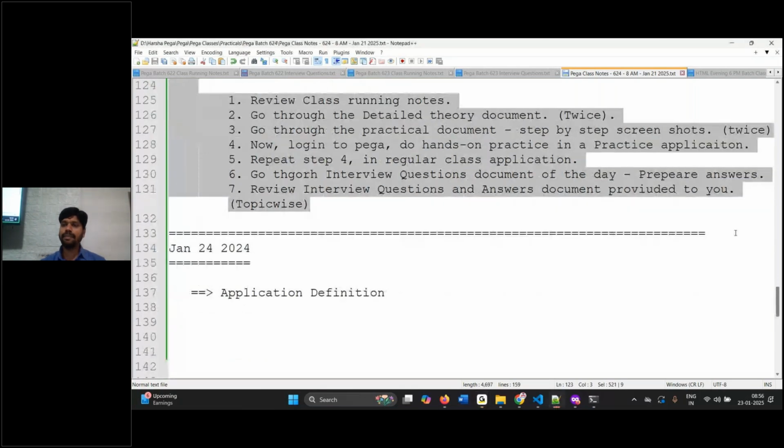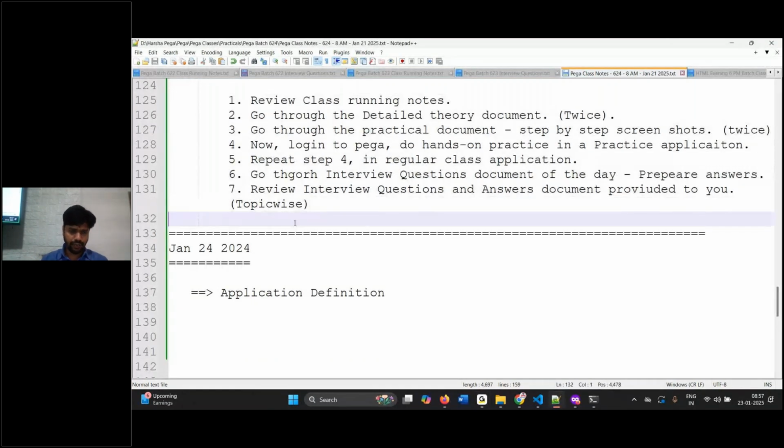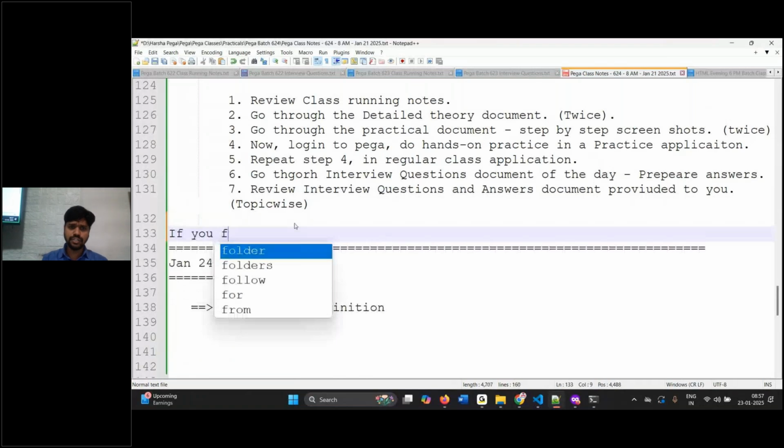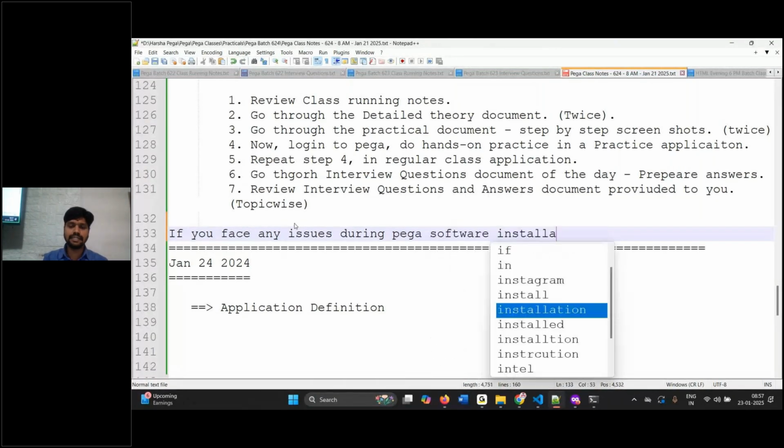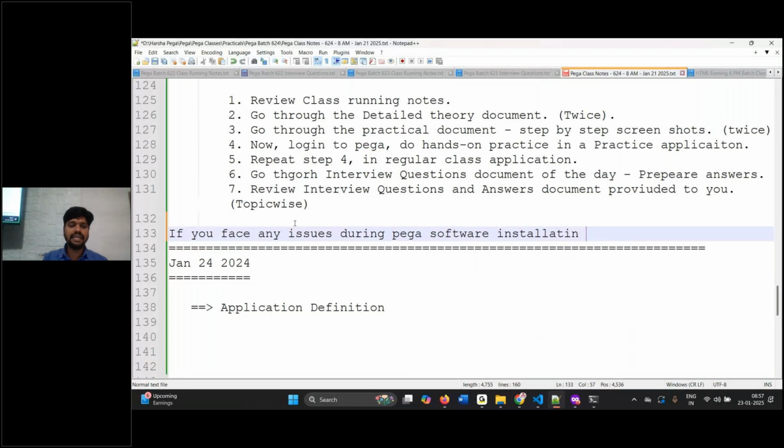While we install PEGA, I'm getting an error. Anytime during your installation, if you face any issues, after you give it a try, don't come to us directly. After you give a try, if you face any issues during the PEGA software installation process, please call on